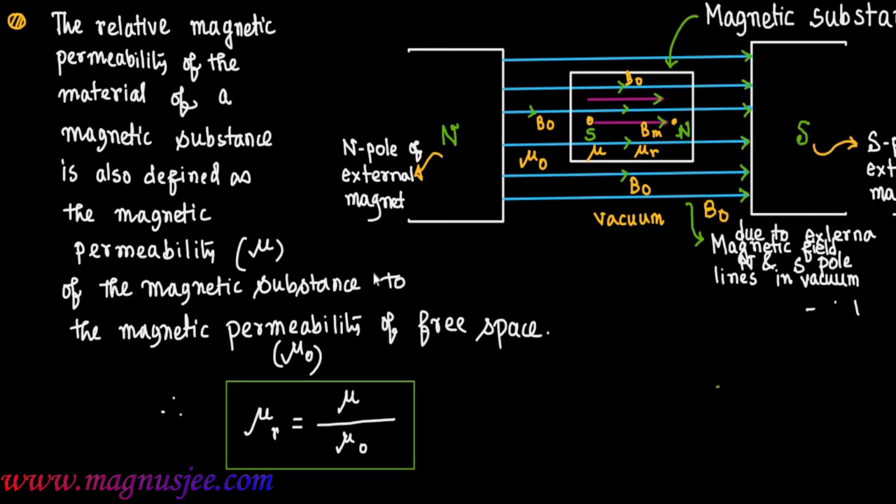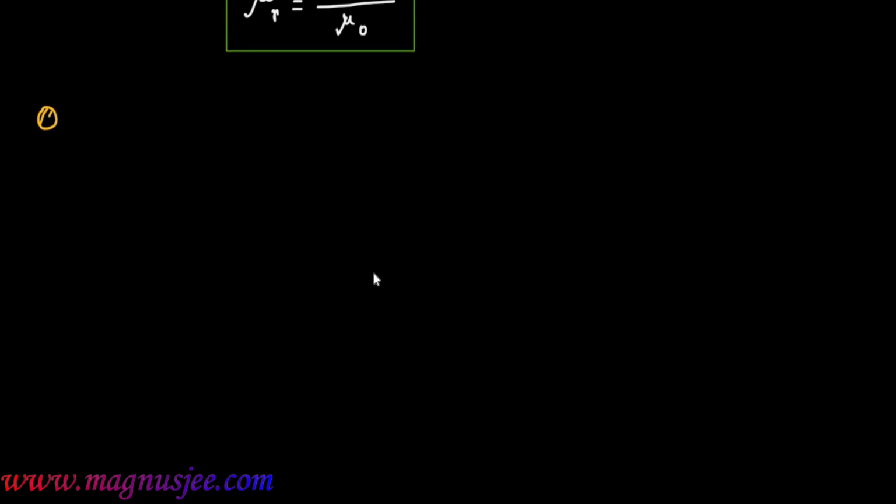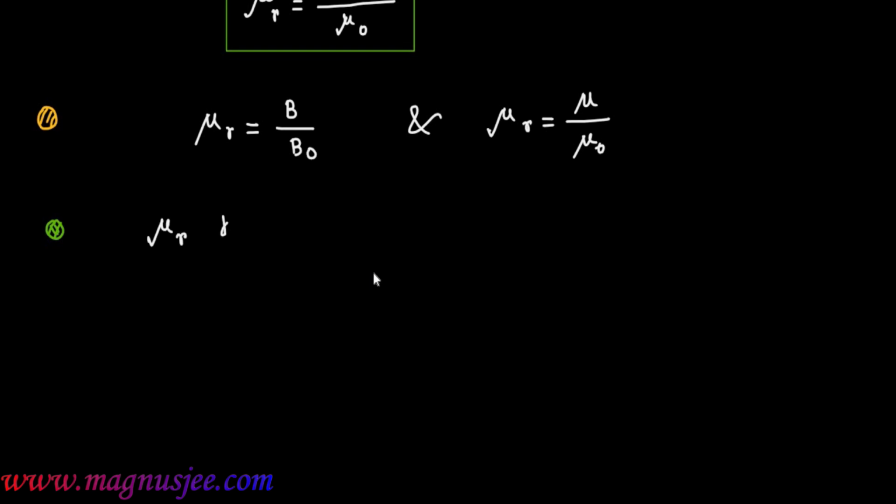Therefore, mu r equals mu by mu 0. And mu r has two expressions: mu r equals B by B0, and mu r equals mu by mu 0. And here mu r has no unit. Mu r is equal to B by B0, which indicates that